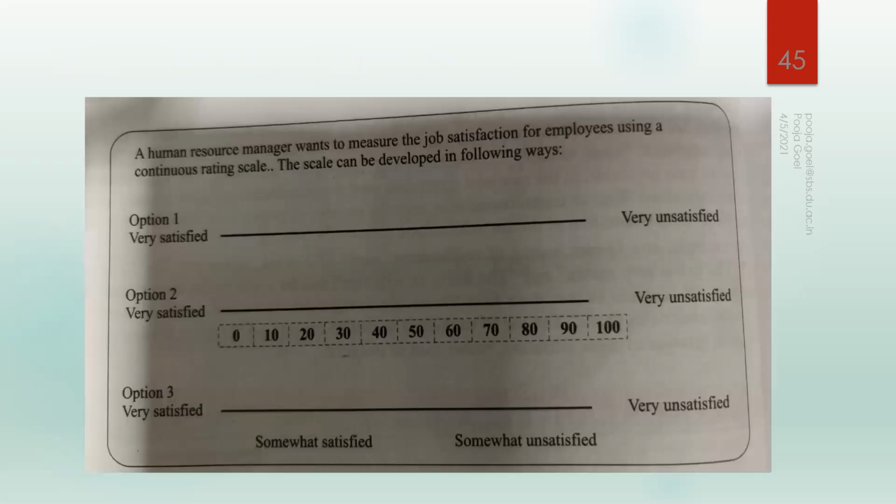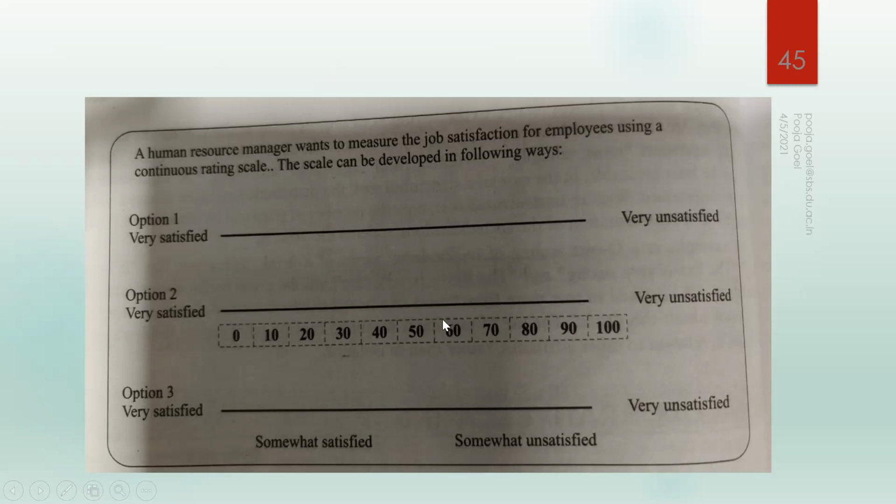You gave two options, very satisfied to very unsatisfied, and he doesn't know whether I will give him 70 marks or 7 marks. That means, is it 0 or 10, or 0 or 100, or 0 to 500? He doesn't know anything in this particular thing, so he can mark. So if somebody is marking here, I will say that he is mostly unsatisfied. If that person marks something here, I will think okay, he is towards satisfaction. If he marks something here, it is a midpoint, so he is neutral about the feeling, right?